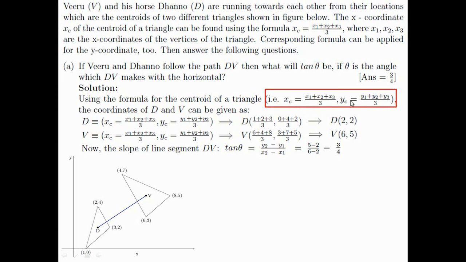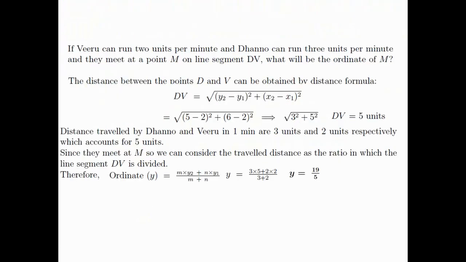Now, slope of the line segment also can be calculated. Slope of the line segment is tan theta equals (y2 minus y1) divided by (x2 minus x1) equals (5 minus 2) by (6 minus 2) equals 3 by 4. That is question A. Now, the next question is, if Viru can run 2 units per minute and Dhanno can run 3 units per minute and they meet at a point M on the line segment DV,